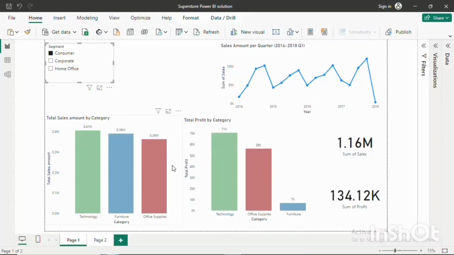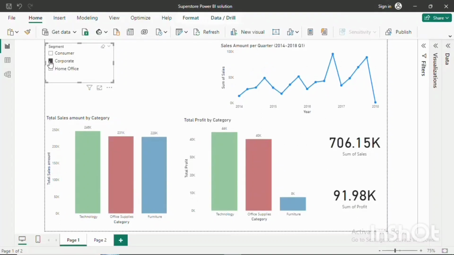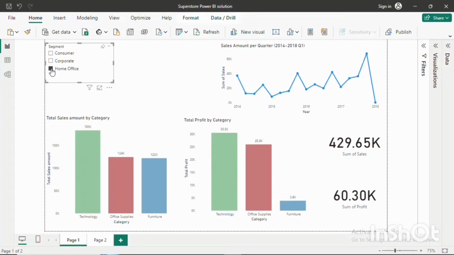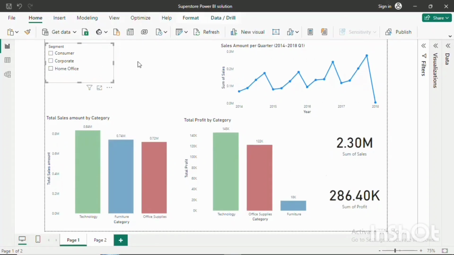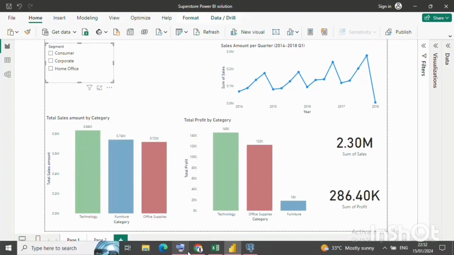So we'll compare them with all the other ones. We see that it changes all the way. Check our corporate, it also changes. We see the line charts, and then home office. That effectively just helps us to understand that